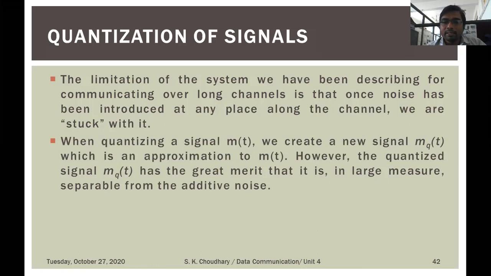Okay, so when quantizing the signal m(t), here we are taking the message signal as m(t). This is a very important term. This is the mathematical interpretation. We start with the quantization of the signal m(t): we create a new signal called mq(t), which is an approximation of m(t). So in quantization, we do some approximation and assume some pattern of the signals. Here we represent the approximate signal as mq(t), and the original signal that we are required to quantize is m(t).